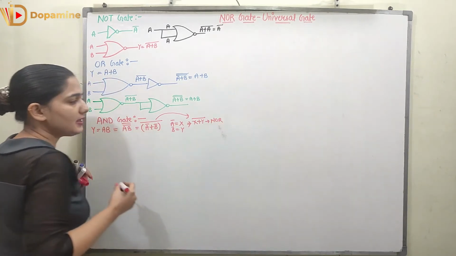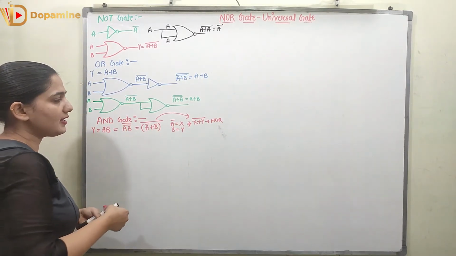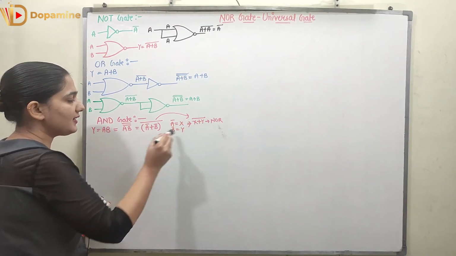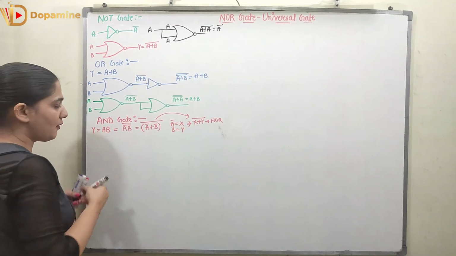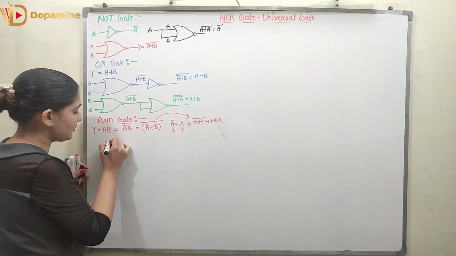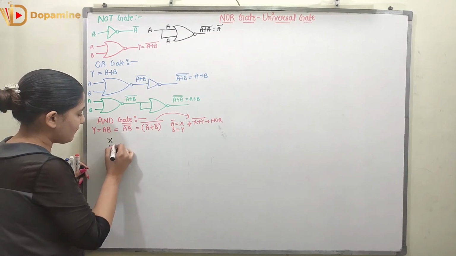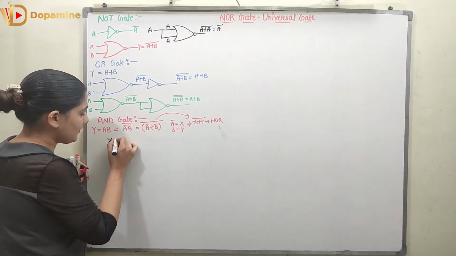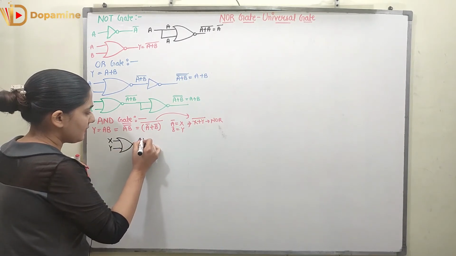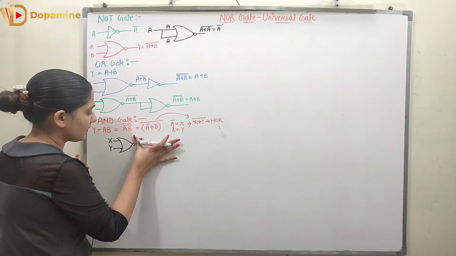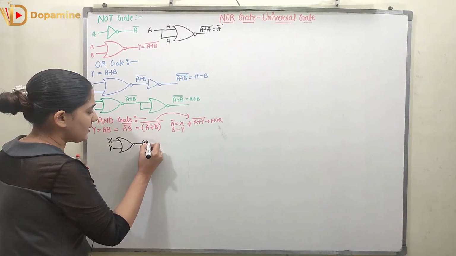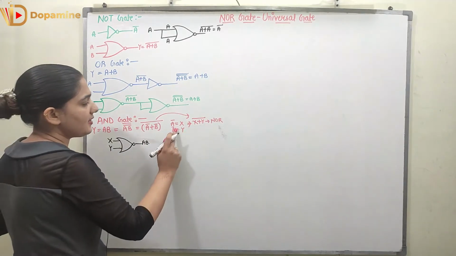X plus Y whole complement is my NOR operation, right? So now what I can do, I can use the NOR gate to get this output, and if I take A bar and B bar with the help of NOR gate, so now that time I will get the AND operation. So now here let's suppose we have X, we have Y. If I am sending it to the NOR gate, I will get A plus A into B. That is the AND operation. I am getting A into B. What is X? X is my A bar.